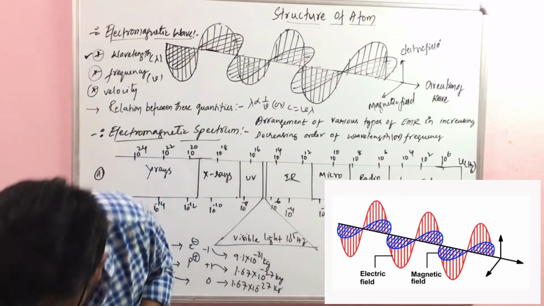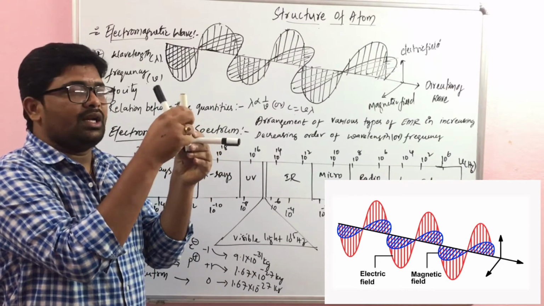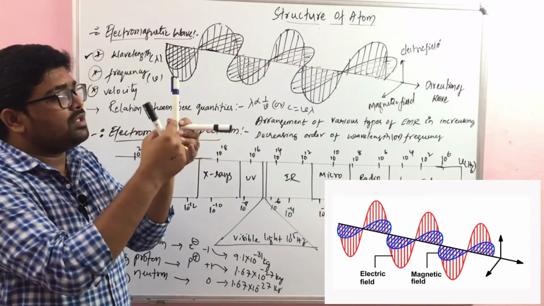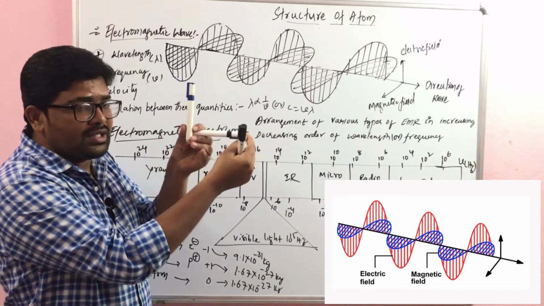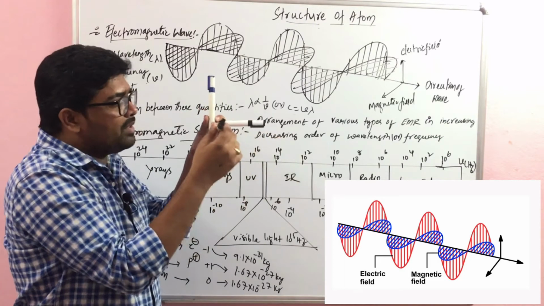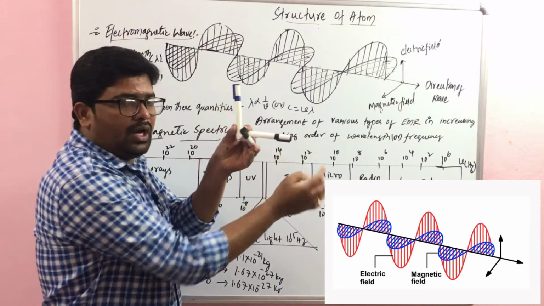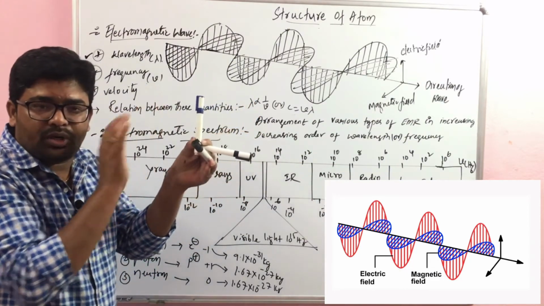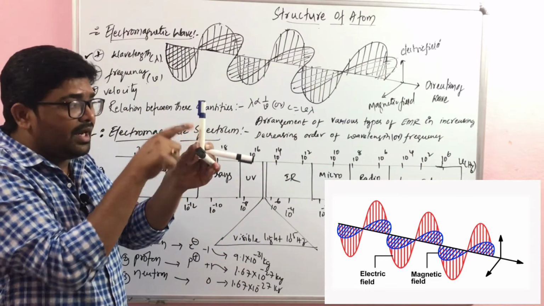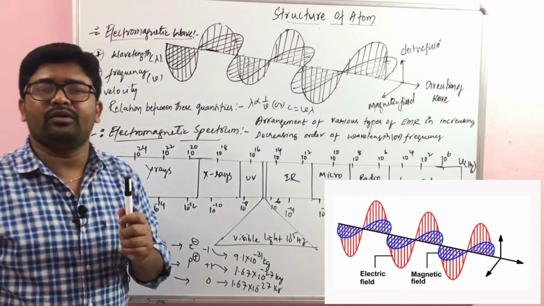For example, if you think, this is the direction of a wave. What happens when any electrically charged particle vibrates? It produces a changing electric field. This change in electric field will produce a magnetic field in this way. And these two fields will continue until they become perpendicular to each other at a right angle in the direction of the wave. Such a wave we call an electromagnetic wave.